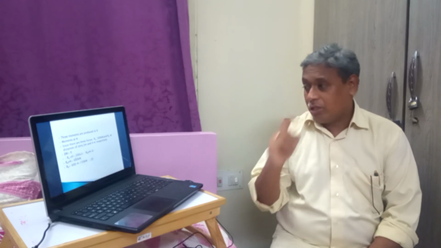Similarly, when we take the moment, there are 3 forces acting at 0, 3/4 of the length and full length. That is, Ra is acting at 0, 200 kilonewtons is acting at 3 meters, and Rb is acting at 4 meters. So minus Ra into 0 plus 200 into 3 minus Rb into 4 equals 0. That gives Rb is equal to 150 kilonewtons. So from the second equilibrium equation, we have got Rb is equal to 150 kilonewtons. Going back to the first equilibrium condition, Ra plus Rb is equal to the total load 200. So Ra is equal to 200 minus Rb. Therefore, 200 minus 150 gives you 50 kilonewtons.